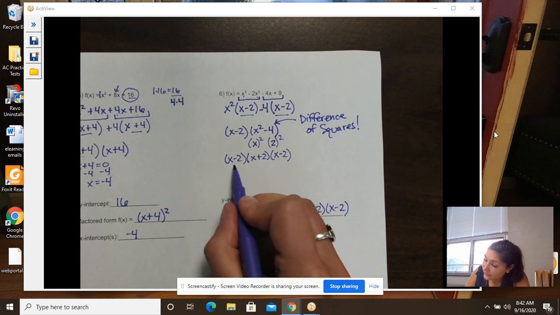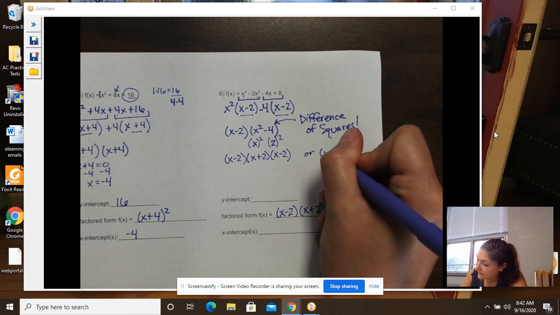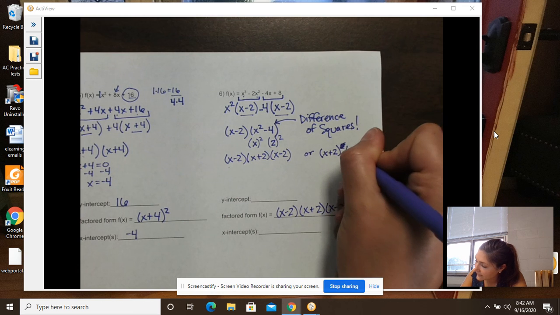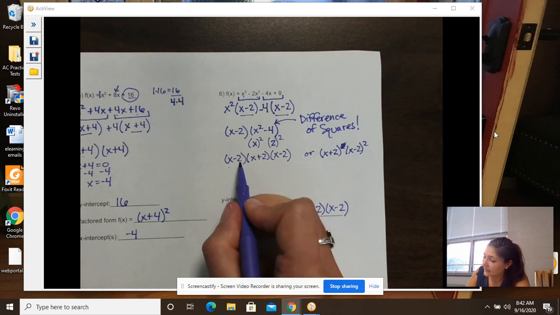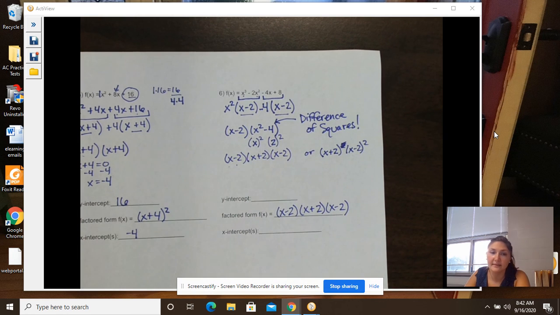Since I've got 2 factors of x minus 2, you could also write this as x plus 2 times x minus 2 squared. So I've got 2 x minus 2s. This would also be fine. I'm just going to write it as we had it in our problem. And then we want to identify our